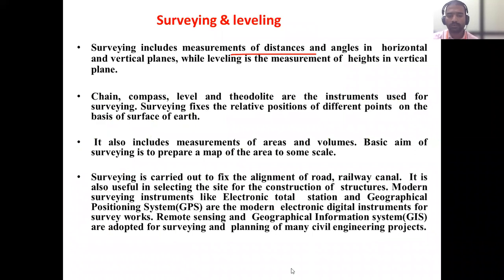Again, there will be one more point for surveying. सर्वेइंग में क्या बोलते हैं, देखो, surveying includes measurement of distances, angles in horizontal and vertical plane. In horizontal and vertical, think that you are sitting here, there is object A, okay, there is an object B,